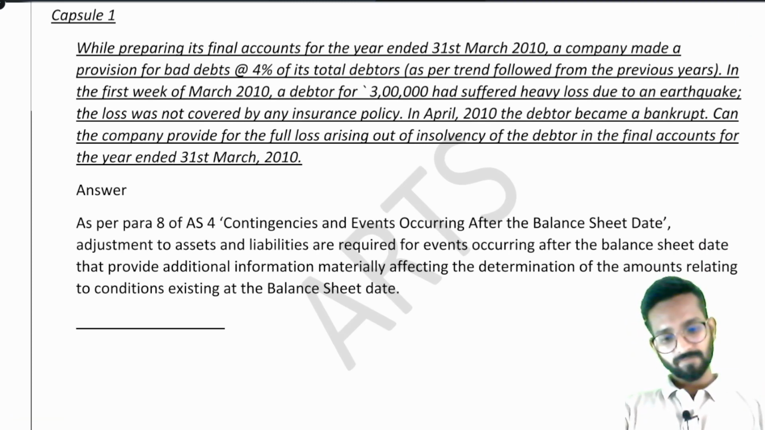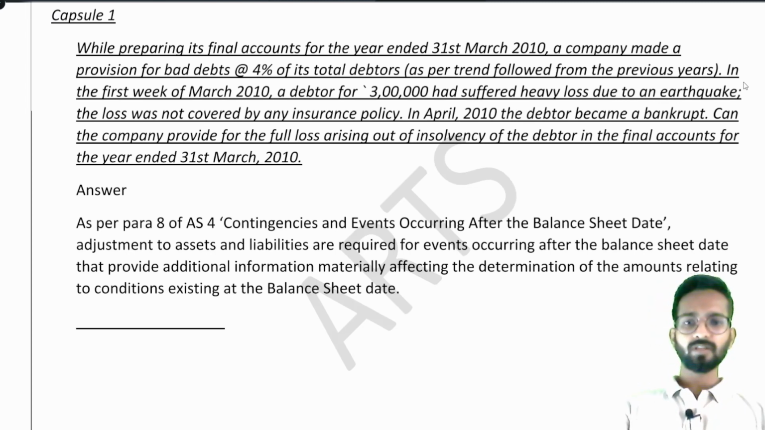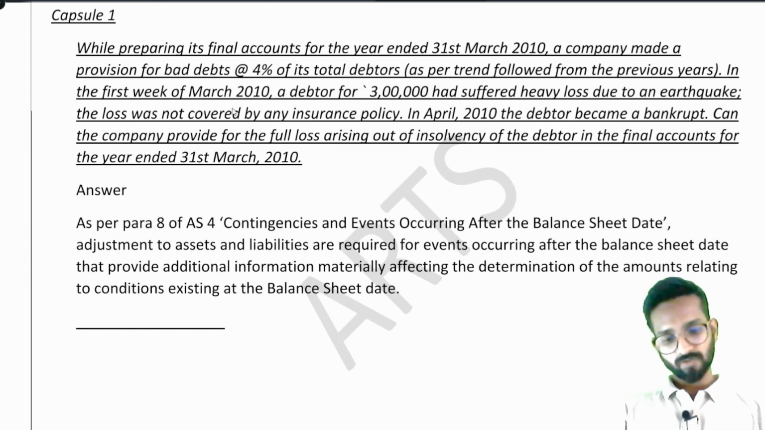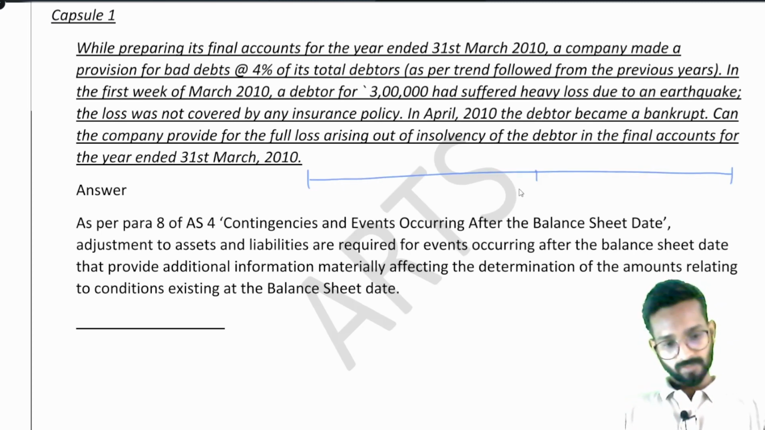While preparing its final accounts for the year ended 31st March, a company made a provision for bad debt at 4% of its total debtors, as per the trend followed from the previous year. So there was a company who used to prepare provision for bad debt of 4%. In the first week of March 2010, a debtor for 3 lakh had suffered heavy loss due to an earthquake. See, I am making it 31st March